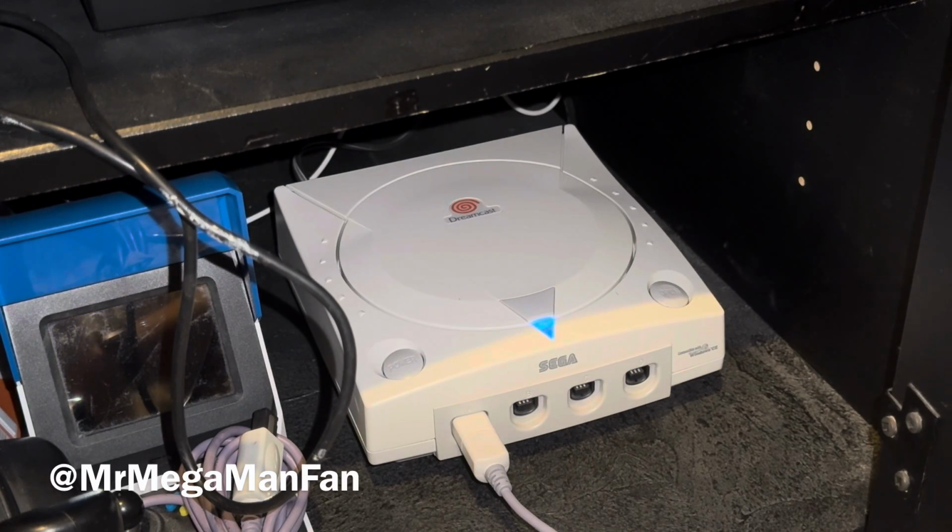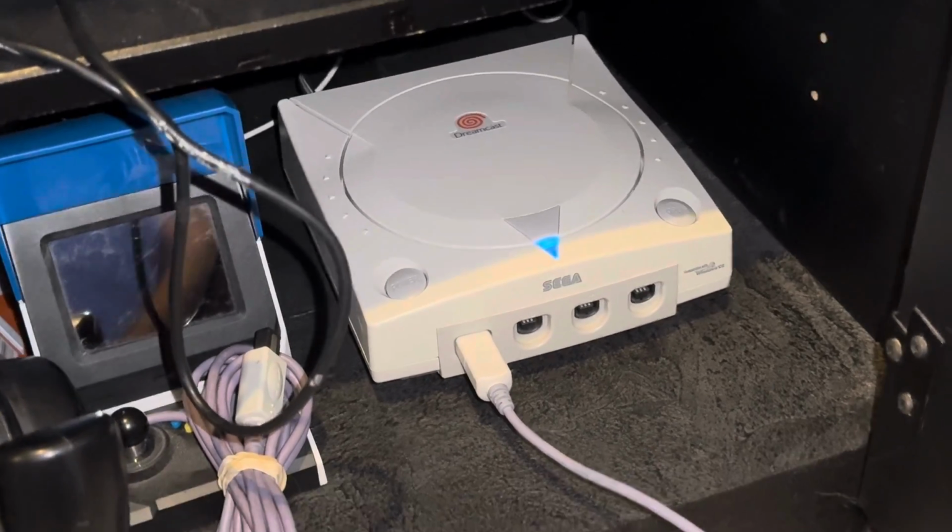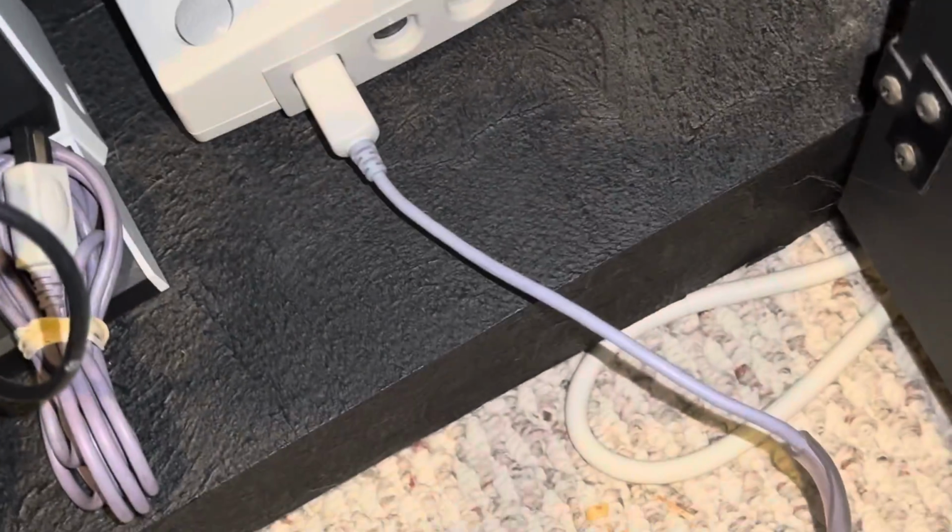Notice anything different about this Dreamcast? Well, you should. First of all, the LED light is blue. That is a modification that I had done by Jesse of Ivory Tower Collections. Big thank you to Jesse, but what's more important than the blue LED, which matches my Mega Man aesthetic, is